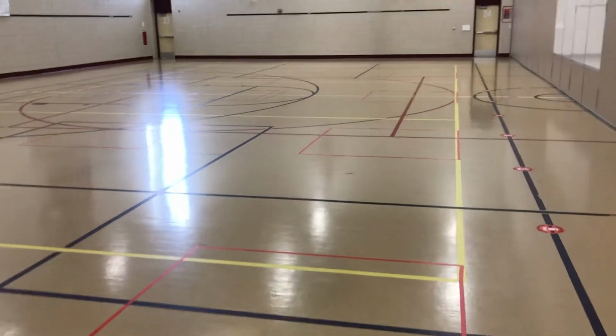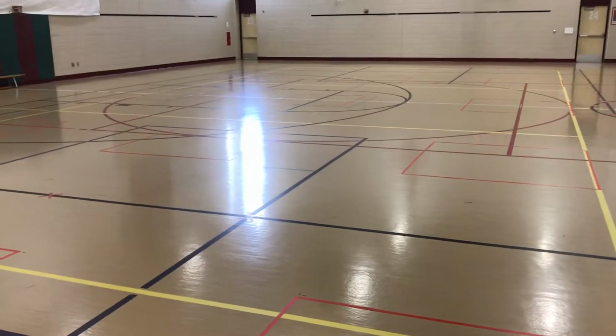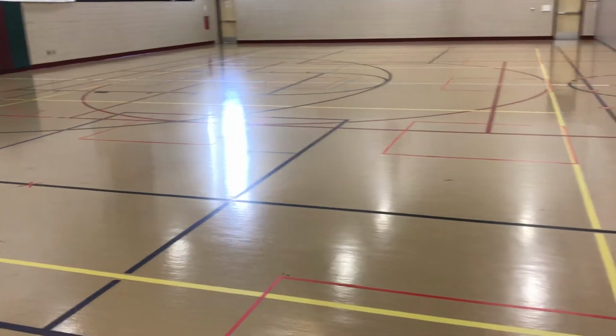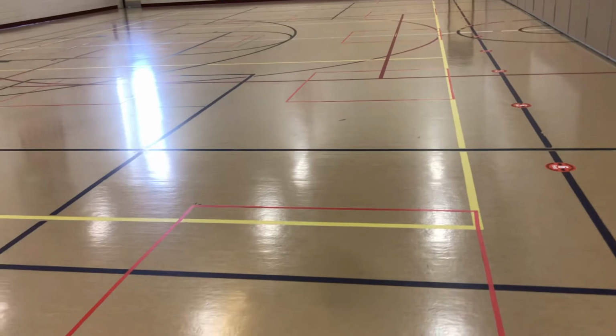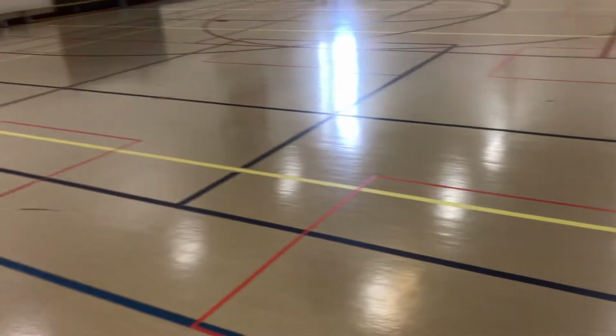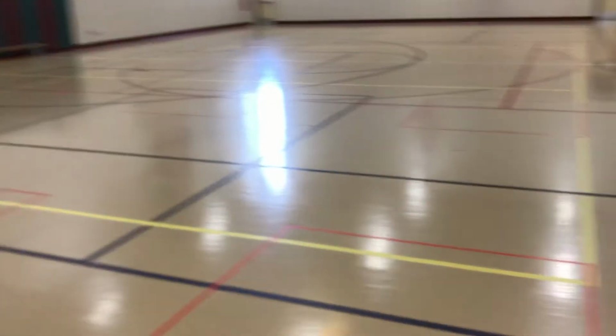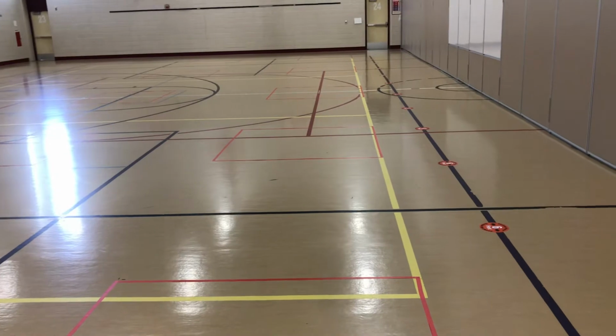Hello, I wanted to take a moment to show you how we are going to social distance in the gym this year. We created 15 6-foot grids. So they are 7 feet from the next box going this way, and they're 10 feet from the next box